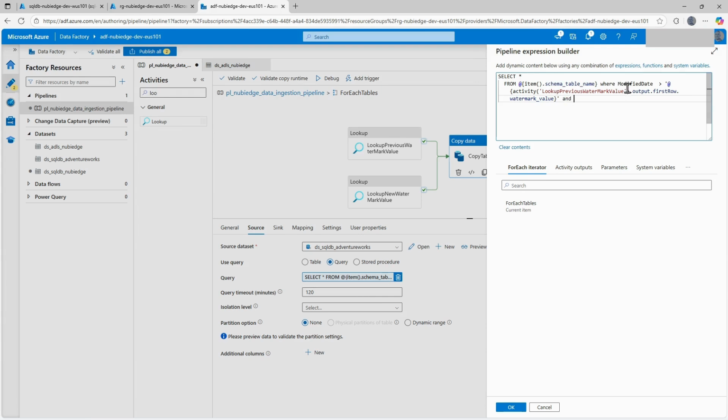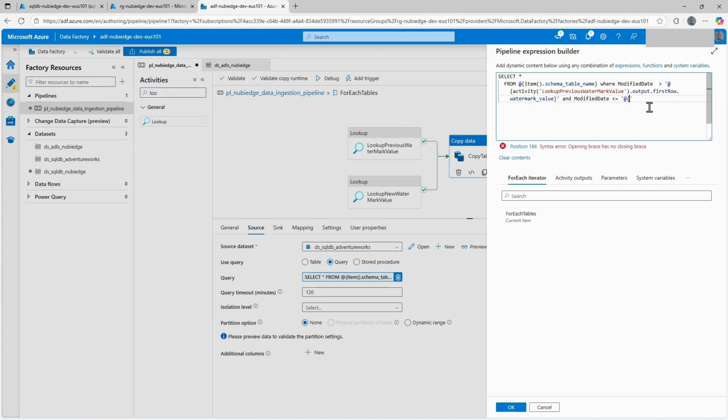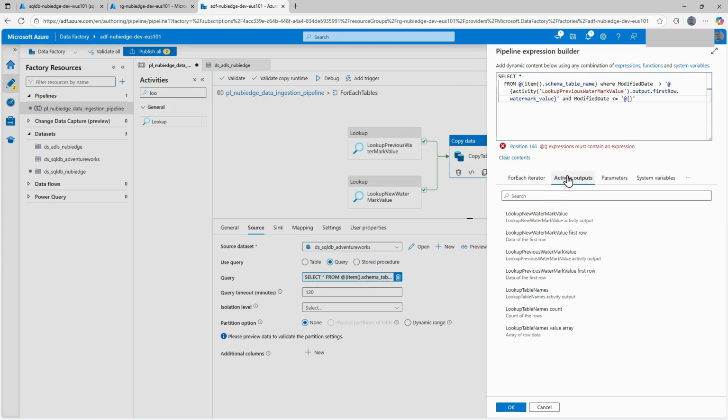And again, the modified date has to be less than or equal to the new watermark value. So go there, then that's the new watermark value